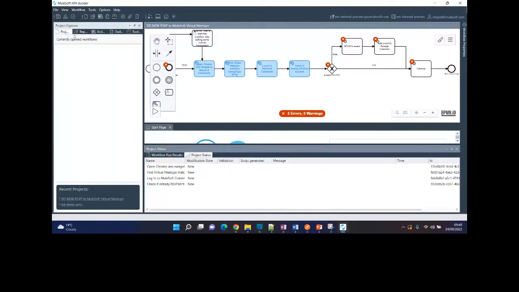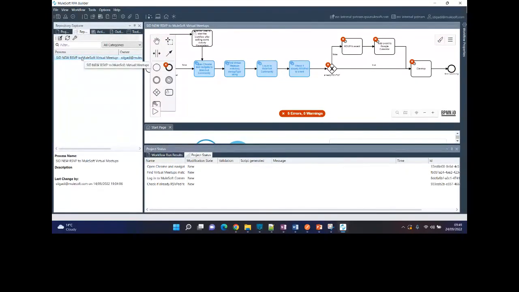If you see this, there's a project here. Right now I can see only one project. If I just do a refresh, let's see, it will not come in. So basically this will actually pull the code from the RPA manager. Here you're logging in with your RPA manager credentials. I've used my RPA manager credentials.